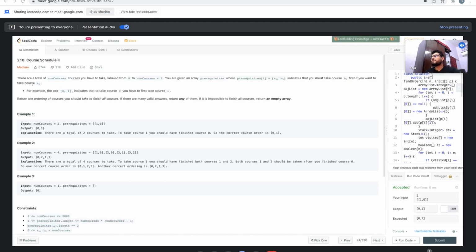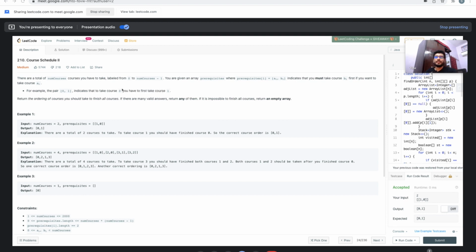So basically in this problem, you have been given a total of n courses which have been labeled with an ID starting from 0 to n minus 1. Besides that, you have been given a prerequisites array. Now each element in this prerequisites array is basically a pair, which denotes that for understanding a particular course of ID X, you should have pre-knowledge of ID Y. For example, a pair 0, 1 indicates that to take up course 0, you have to first take up course